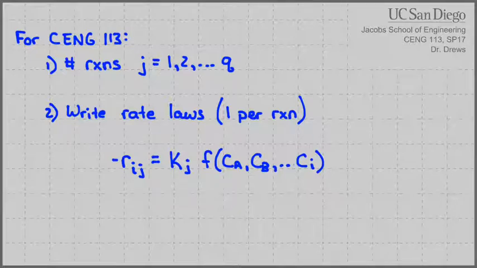I put the negative sign on there. Remember, the negative sign is only for the reactants. It's just we're in the habit of always writing those rates for the reactants, which is why the negative is on there. It is really important when you're doing multiple reactions to keep track of your signs. There is no one way to do the signs other than to do them correctly. You could write that as a positive if you want, and all your math will still work out as long as you keep track of them in the next step, because the next step,